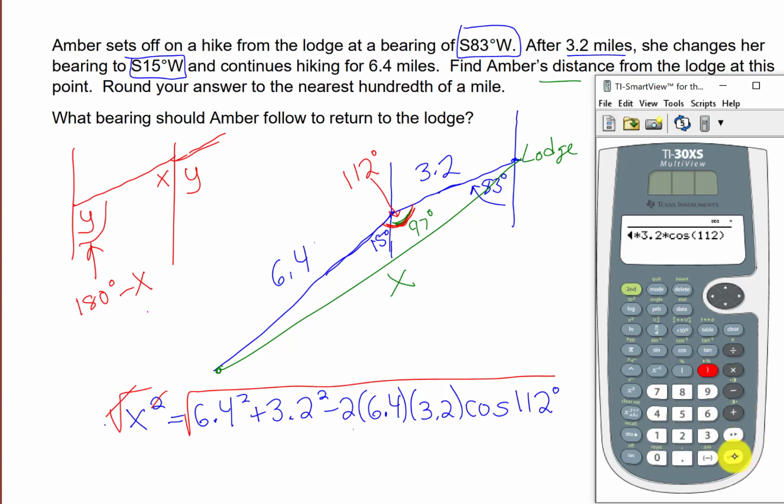Finish the cosine. And it looks like we get 8.157, and the directions had said to round this to the nearest hundredth of a mile, so this is approximately